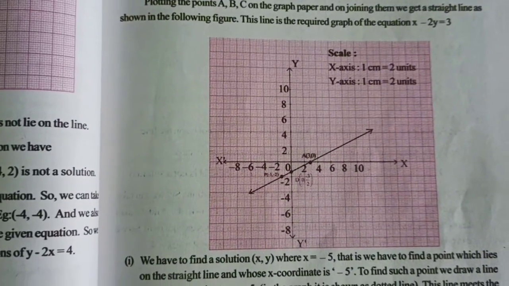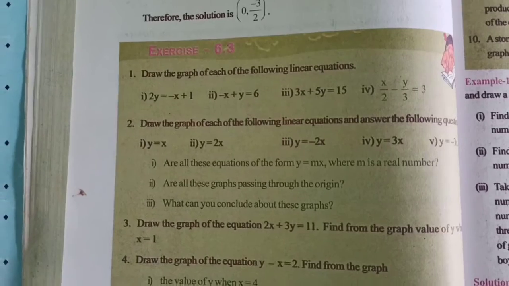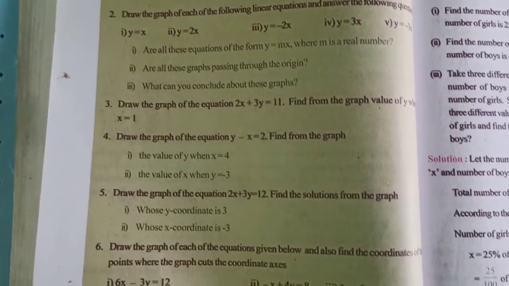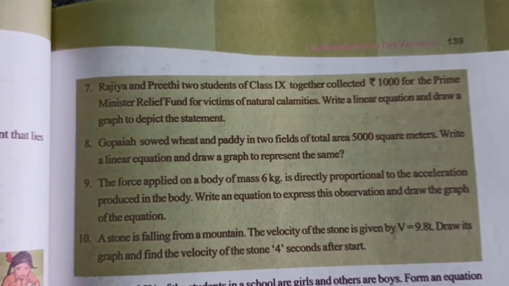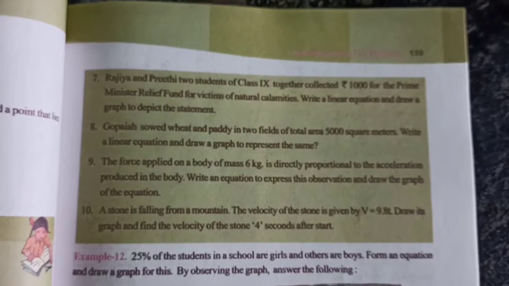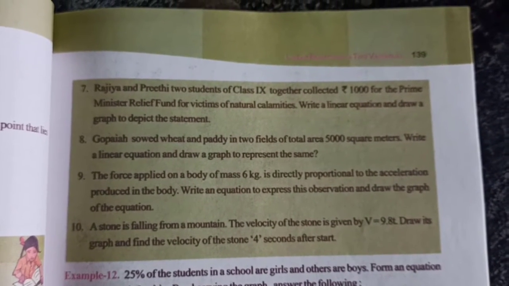Okay, that we plot on the graph. This is what we are going to be doing in this exercise number 6.3. Here in 6.3, first bit, second bit, third bit, all these are graphs only. All 10 questions are graph questions only. How my student has done the graph questions, I will show you in the graph book directly. You can see there and learn.